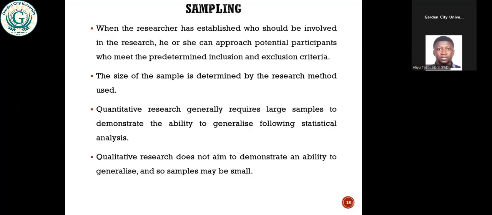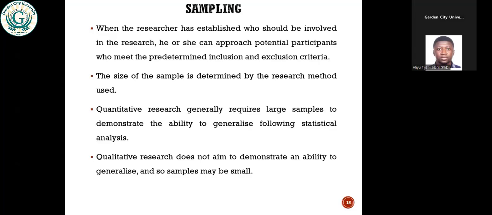Who do we want to include in our study? We only include you if you meet the inclusion criteria, and we don't add you to the study if you don't meet it. So for instance, in our previous example, where we're looking at breakfast consumption and its effect on academic performance,